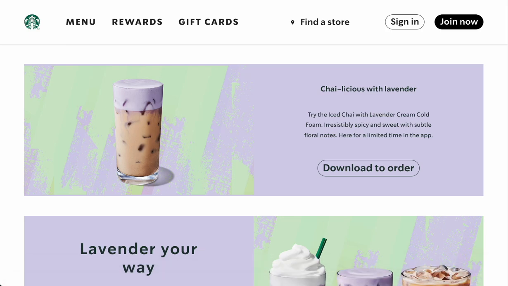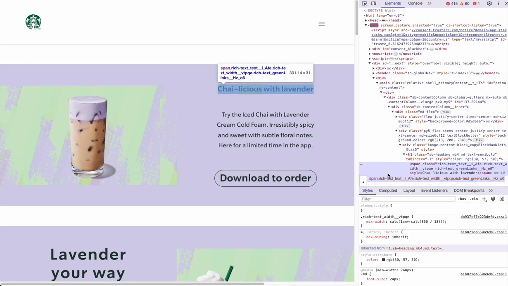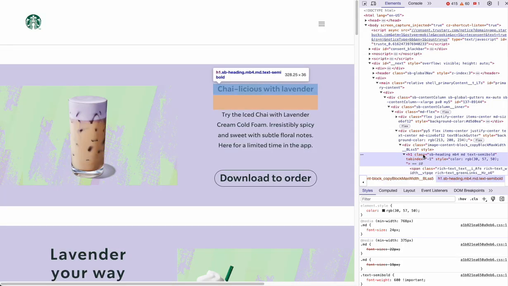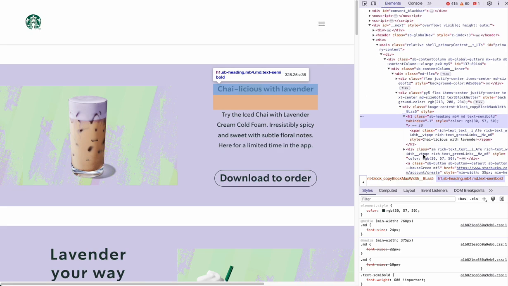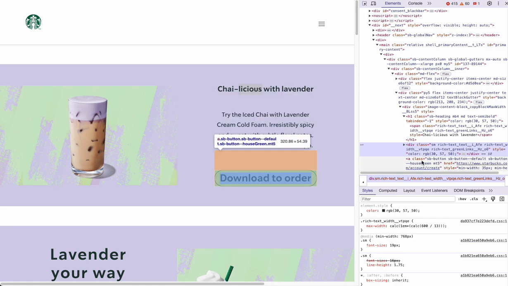To see how the text has been formatted, we have to inspect it, which is what we do in the browser. And we have to look at styles, by the way. We can't just inspect the font because that is not reliable. To see whether rems or pixels have been used, we have to look at the styles. So by inspecting the heading here, we can see that the font size is set to 24 pixels. And by inspecting the text, we can see that the font size is set to 19 pixels,